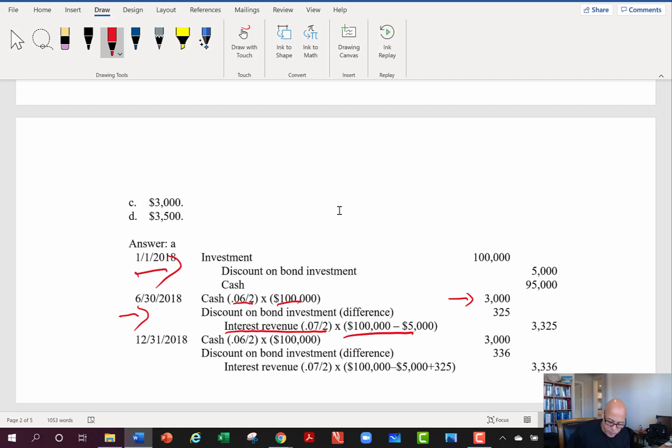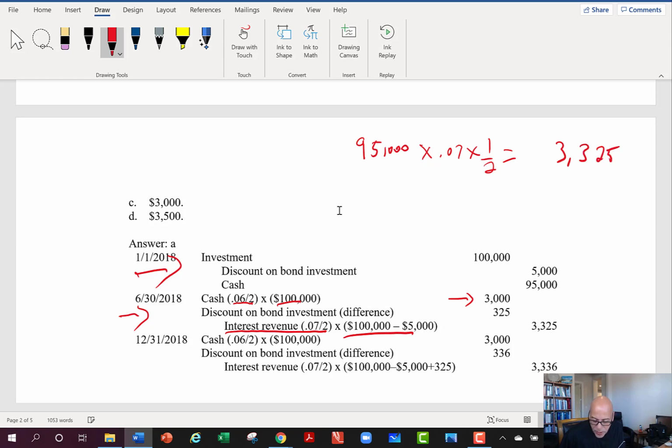So that gets a little bit weird looking. So let's just do it this way. 95,000, the carrying amount of the bond, times what? Times 7% times 1/2 is the way us humans write that. And so that gives me interest revenue in July of